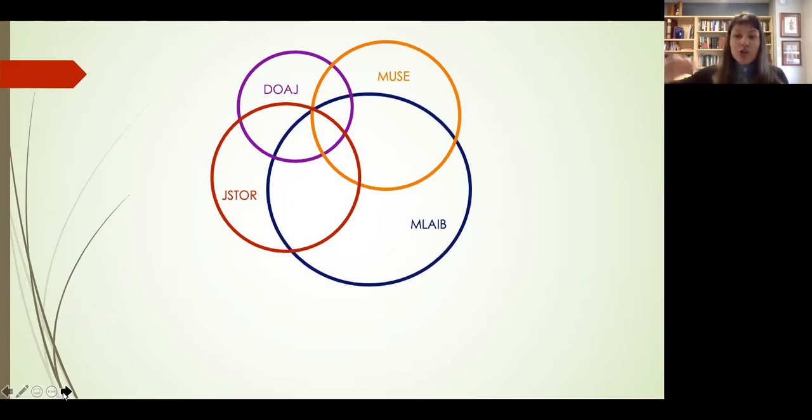As we add circles to this Venn diagram, it becomes clear to the students that no search is all encompassing. In a Shakespeare class, I'm always proud and happy to add the World Shakespeare Bibliography circle to this, which is lots of it is in the MLAIB and lots of it isn't. I'm a former editor of that project. For the undergraduate class,